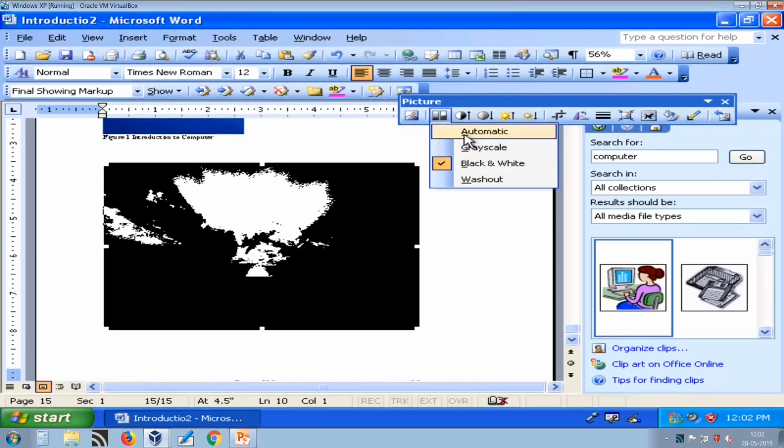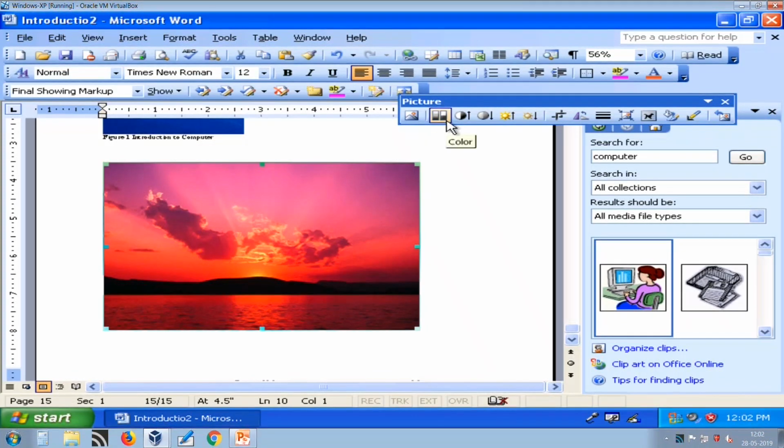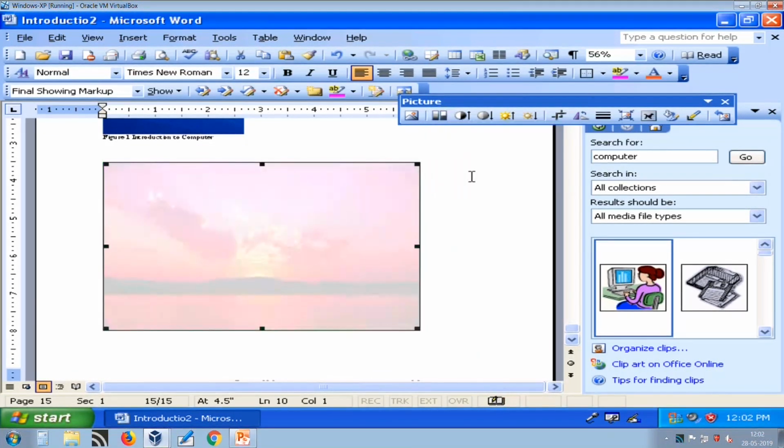And in automatic we have the original picture, and when I say wash out, its transparency is decreased. So this kind of picture can be placed behind text, so that text can be read and the picture can also be displayed. So this picture toolbar provides many options.